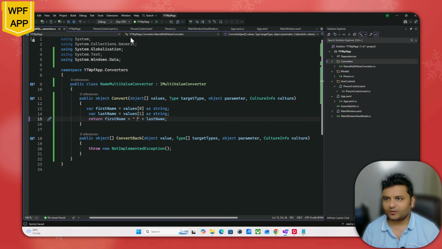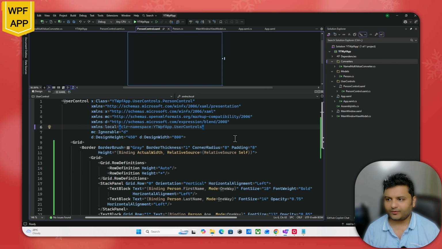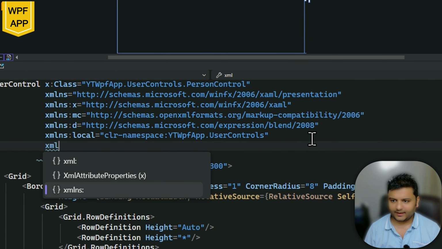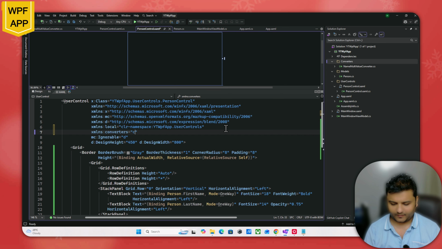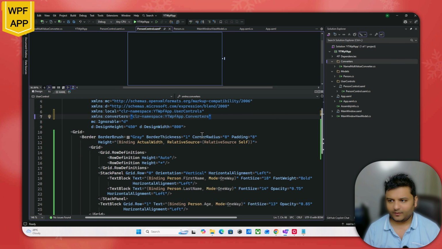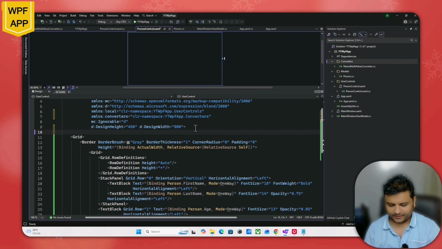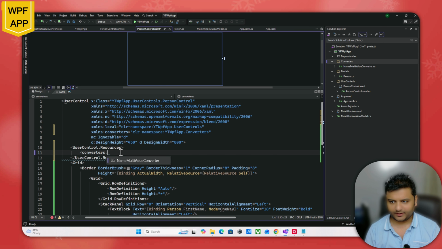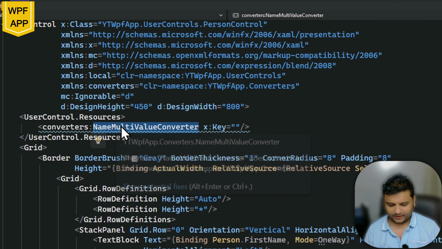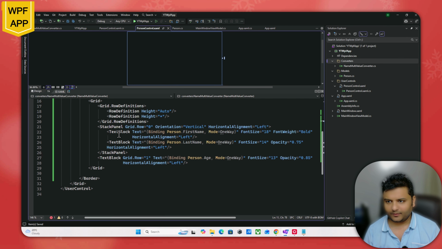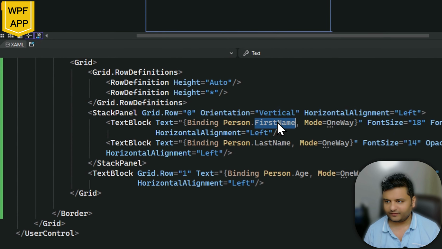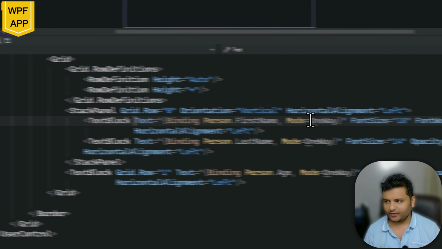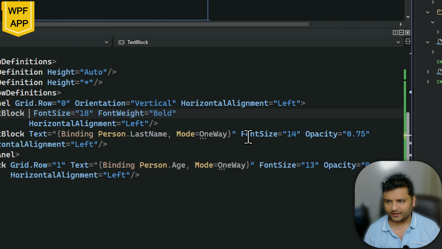Now let's go back to my person user control, and over here, let me first of all add the namespace for my converters. And now let's add a user control resource. Over here, let me add the multi-value converter, and let's give it a key of MultiValueConverter. Now over here, where I'm binding my first name to this text block, I'm going to remove this text property over here and